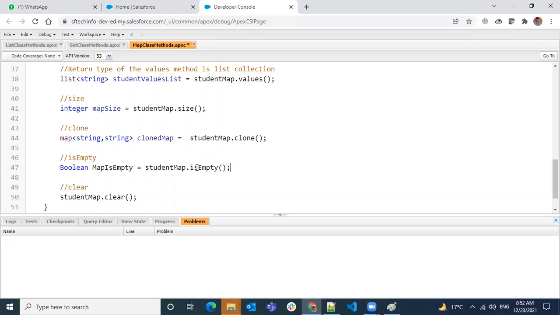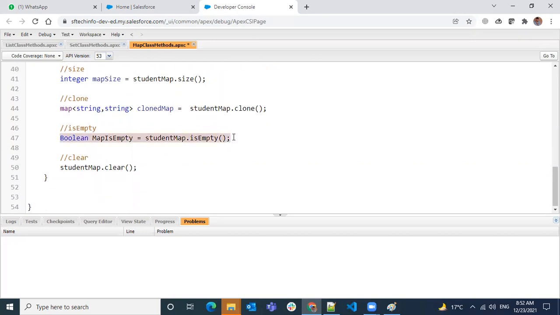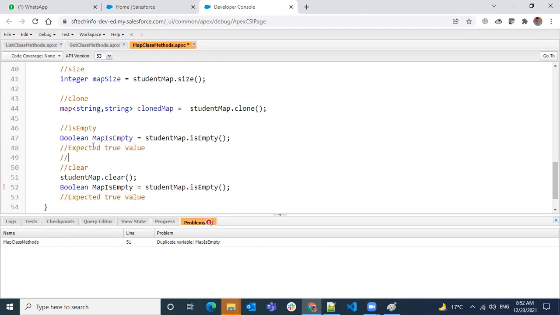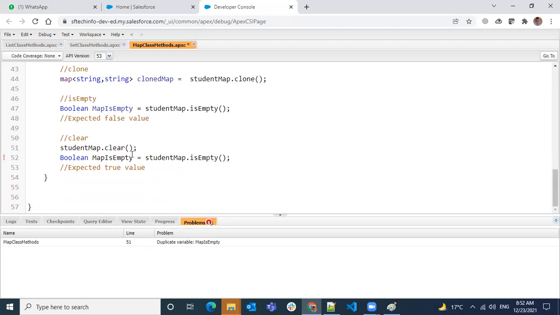If it is empty, it will be true. If it is not empty, it will be false. After clear, if you check it, you will get true. Expected true here, and expected false.